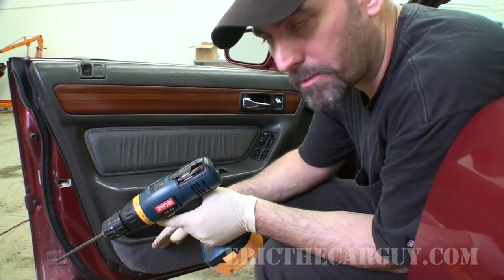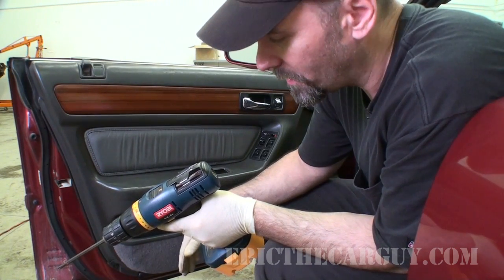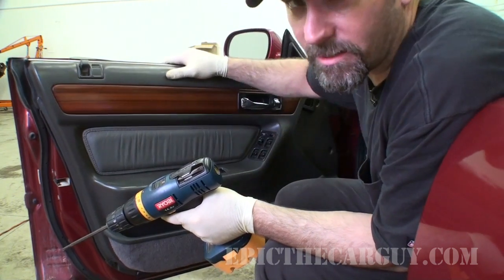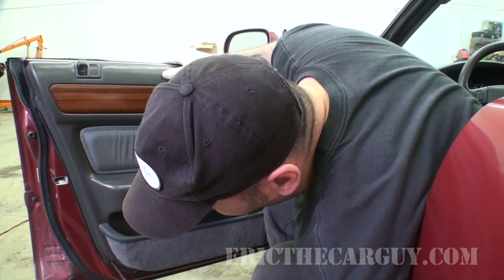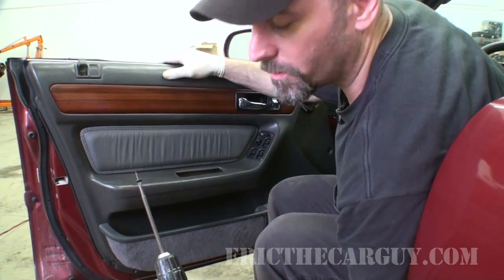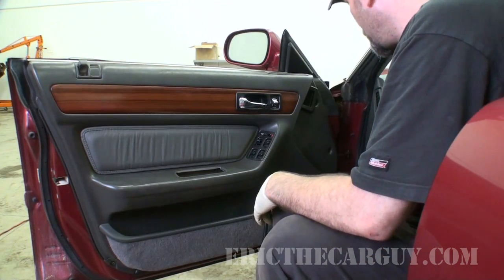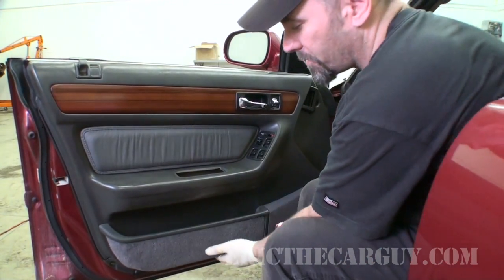So if you go to try to pull something apart and it's not coming apart, check around for screws, perhaps hidden screws. They may be behind a trim piece, something like that. Like I said, this will vary greatly depending upon the vehicle, but with this Acura Vigor, there's one more screw hanging out down there in that corner. Now, for me, the rest is all held on by plastic clips, so I just pull back